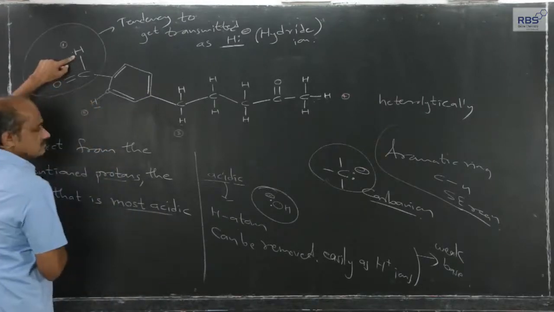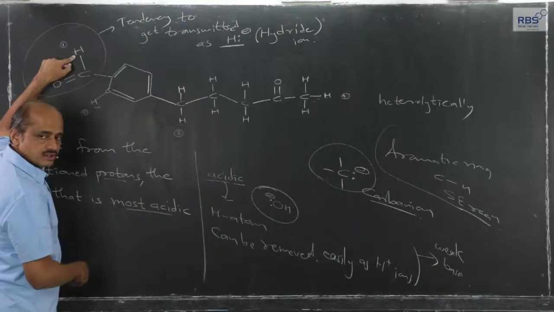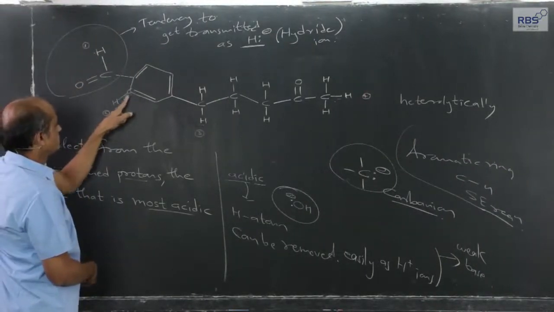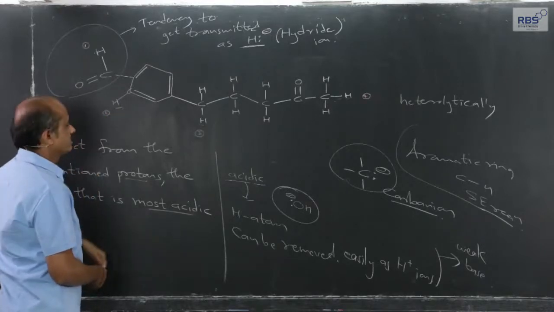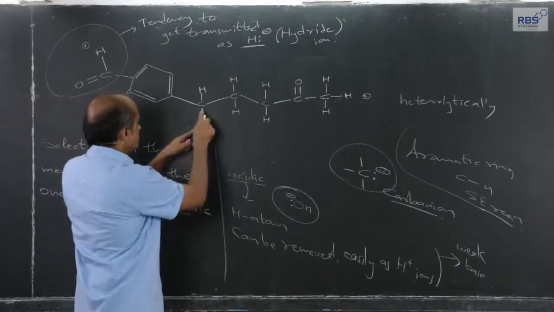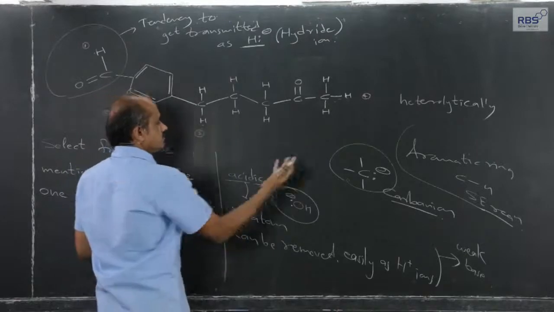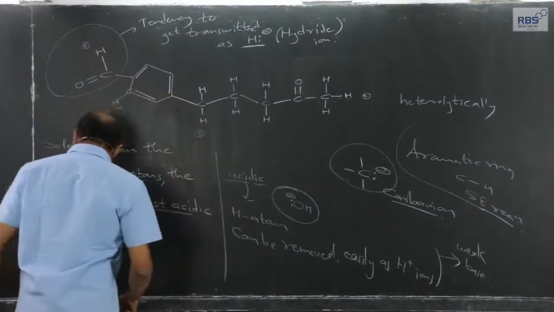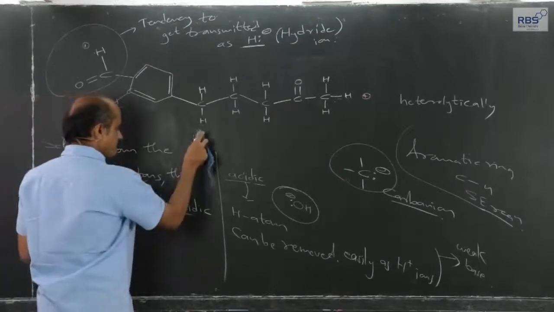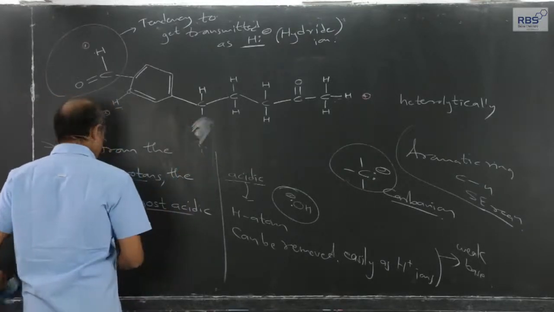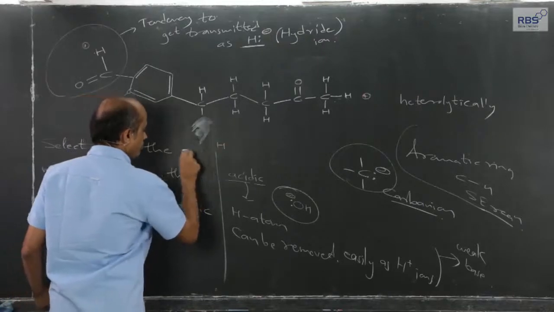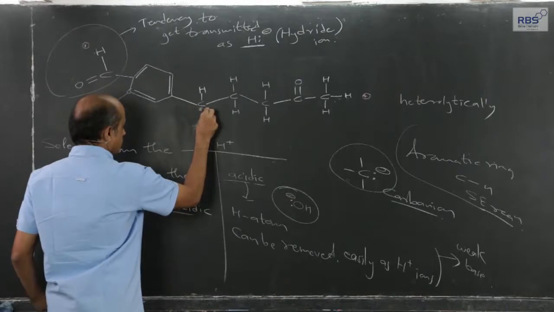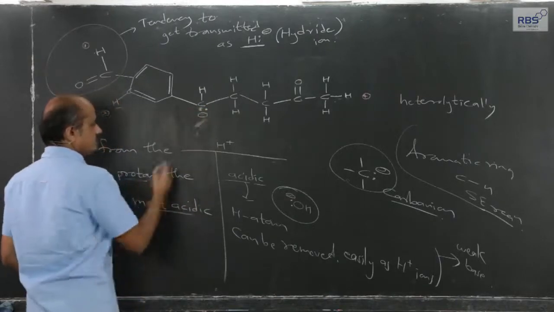So, this option is not applicable. Hydrogen directly attached to carbon of an aromatic ring is not applicable. Among these two, if this hydrogen atom goes out in the form of H plus ions in presence of base, let me write it here. If this hydrogen atom goes out in the form of H plus ions, the shared pair becomes a lone pair, meaning a carbanion.